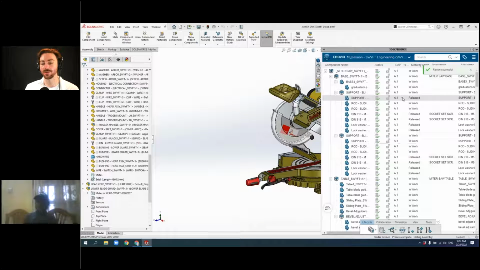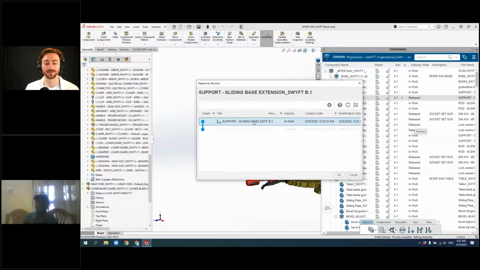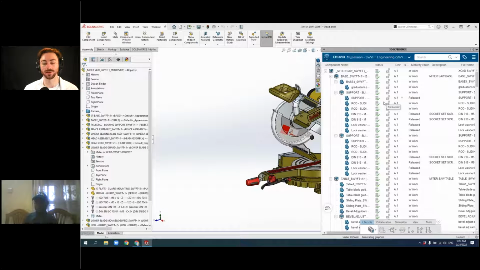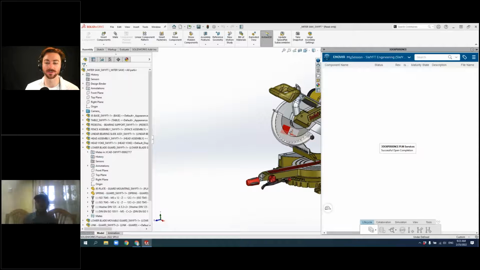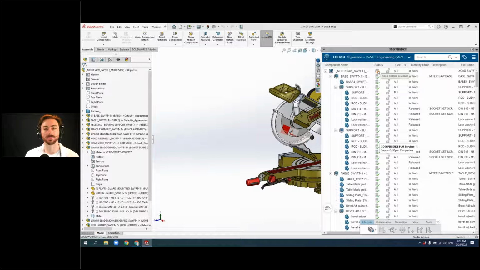Now, this will go ahead and tell me that I now have a newer revision. It's not going to automatically replace it, as this part may be used in multiple different places, and you may not want the new revision applied everywhere. So you can manually choose that I want to place that new revision into this assembly. And I'll go ahead and select OK, and you can see that it will then replace with revision B.1 here in an in-work state. And revision history is kept. So your A.1 is going to stay there as it was. So you always have that ability to go back. And you can see that this is B.1 in work here. And this wants to be saved because that product structure has changed.